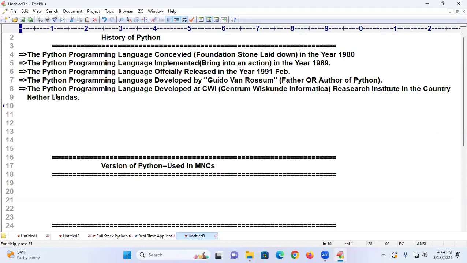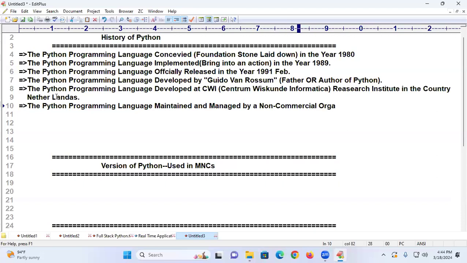Now I am going to start: the Python programming language is maintained and managed by, I'll tell you the meaning of that, a non-commercial organization called Python Software Foundation.